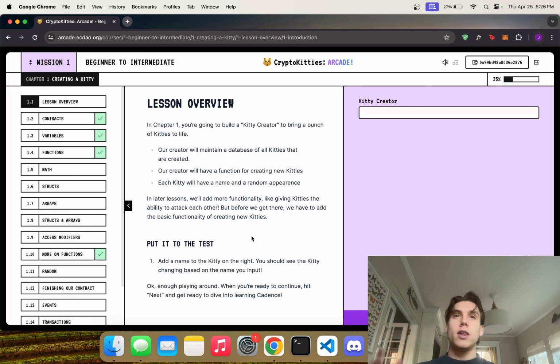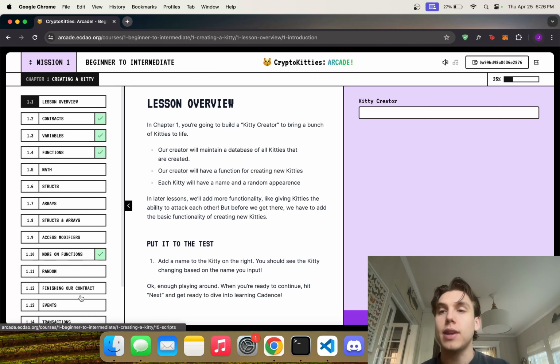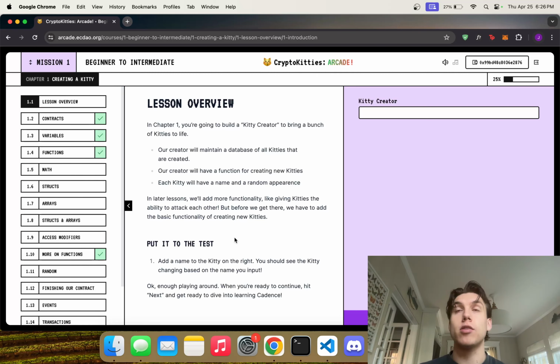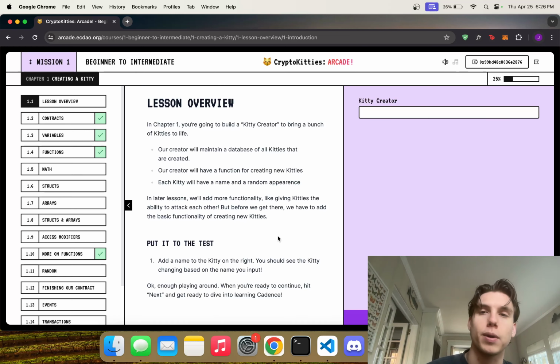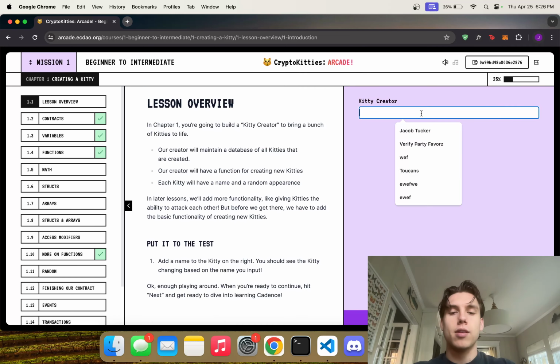And we are in the first mission. Right now, because the platform is so new, it only has one chapter. The chapter has 16 lessons, so it is a bit extensive, and it's a really good beginner overview. But don't worry, there will be more chapters as we go on, and I'll make a video about that when it comes. Essentially, what we're going to be doing is coding this.